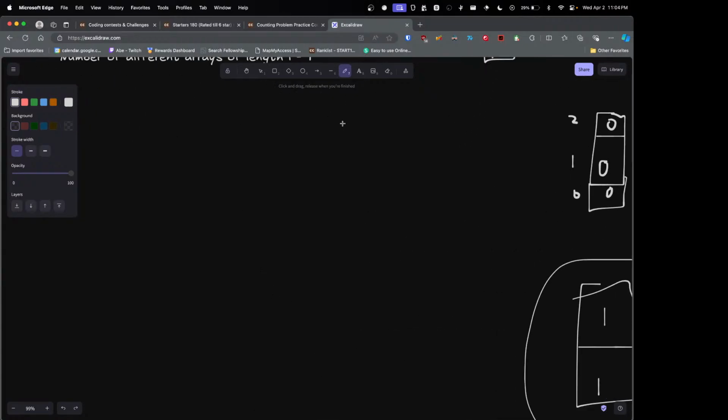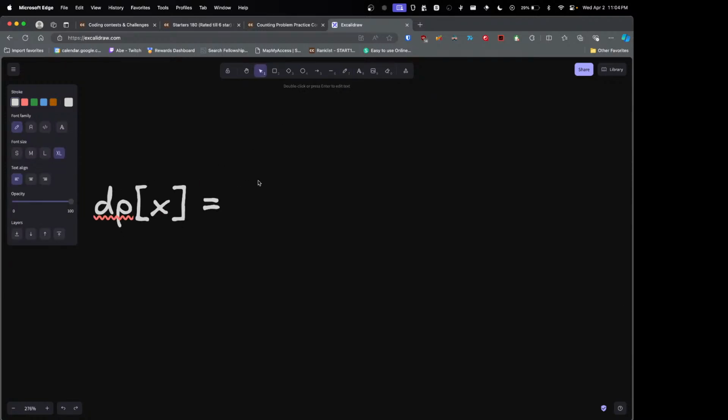Basically, if I am at dp of x, dp of x equals what I'll add is past arrays, the number of arrays before me,